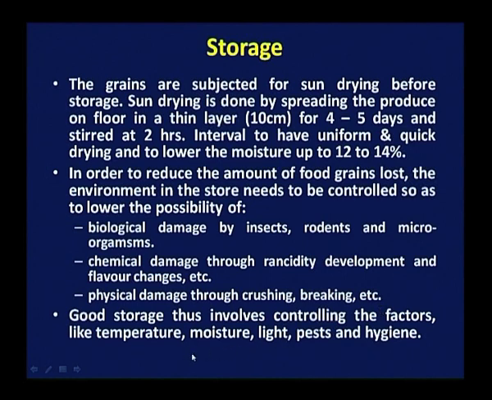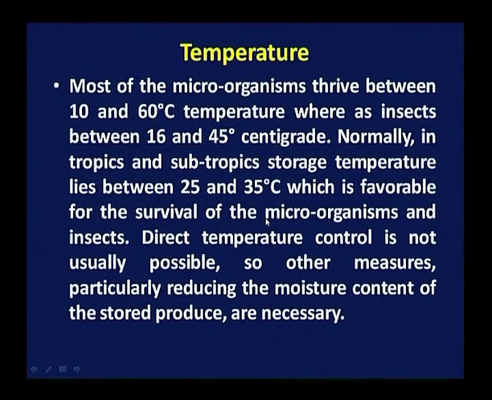Good storage thus involves controlling factors like temperature, moisture, light, pests and hygiene. Temperature is most important for the infestation of pests. Most microorganisms thrive between 10 to 60 degrees temperature, whereas insects between 16 to 45 centigrade. Normally in the tropics and subtropics, storage temperature lies between 25 to 35, which is favorable for the survival of microorganisms. So direct temperature control is not usually possible, so other measures, particularly reducing the moisture content of the stored produce,